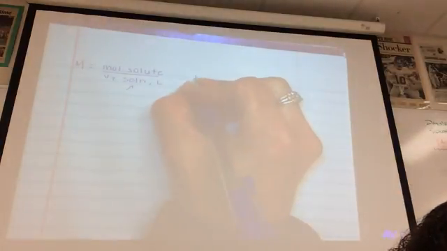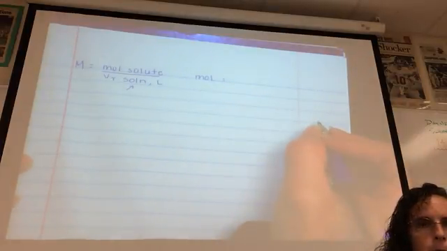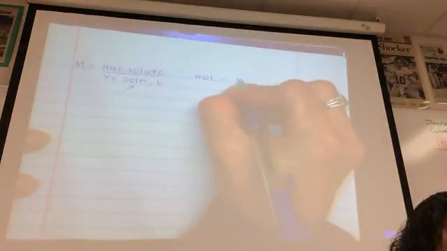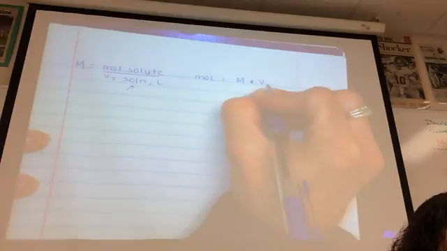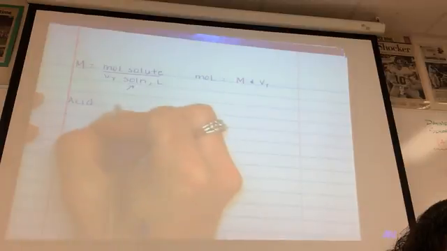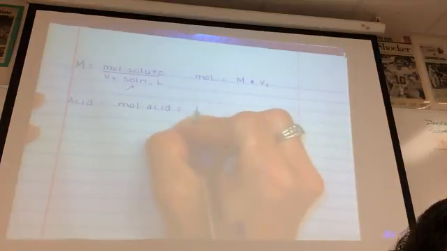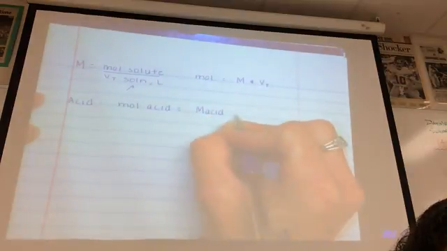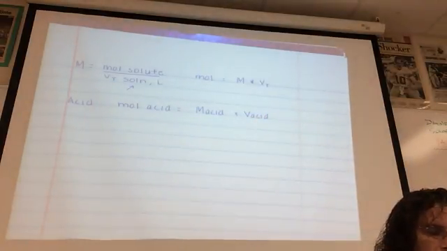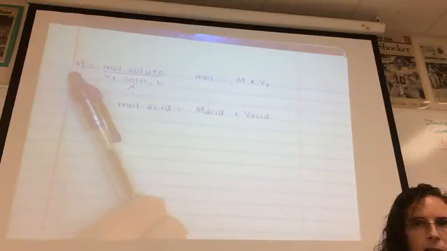If I wanted to solve for moles, what would that be equal to? Molarity times the total volume. So in the case of an acid, the moles of the acid are going to be equal to the molarity of the acid times the volume of the acid. Now we did this for moles per liter because that's what we learned molarity is way back in